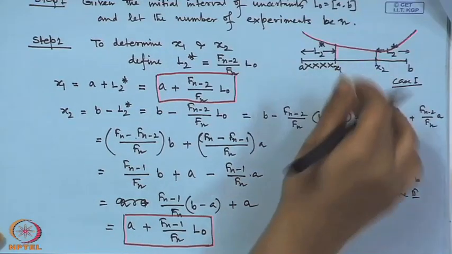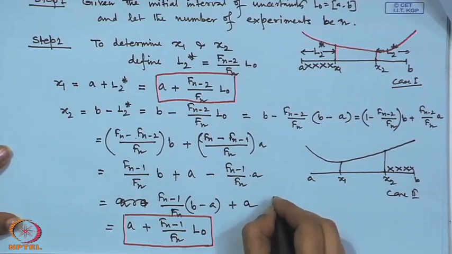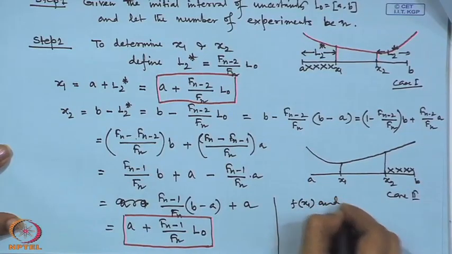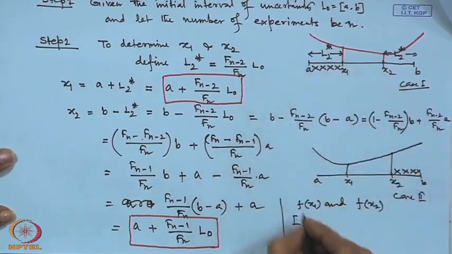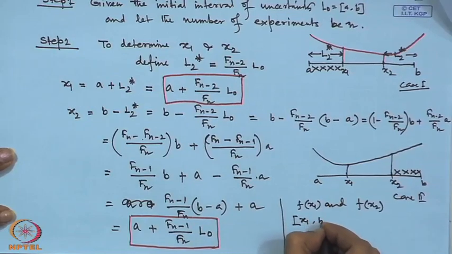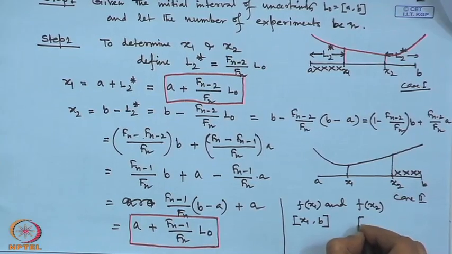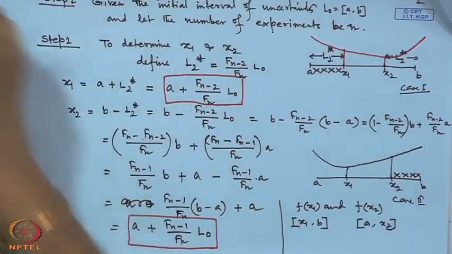That is why if we just consider both the things together, what is my next task? My next task is to find the values of f(x1) and f(x2), and by considering the unimodality property, we will reduce either A to x1, then my new interval of uncertainty would be x1 to b, or in the next case my new interval of uncertainty would be from A to x2. This is the case for both the cases. Now, my next step, step 3, would be,